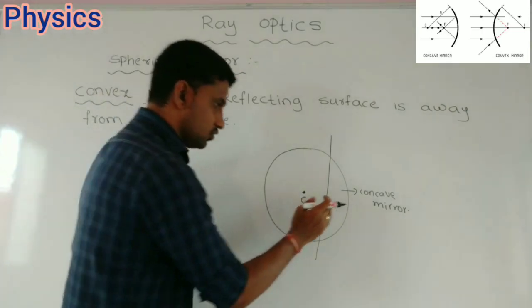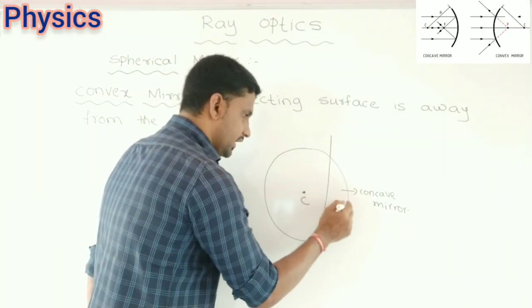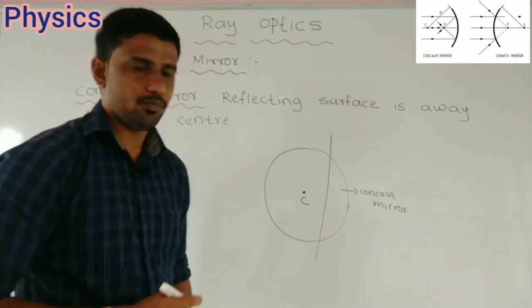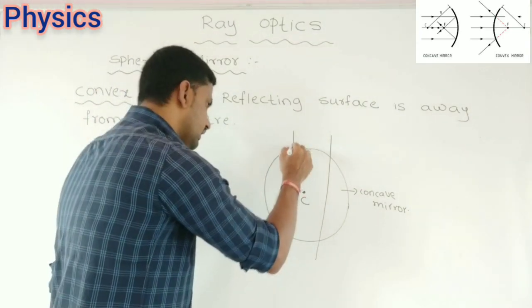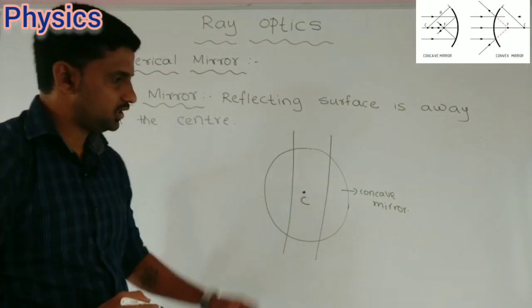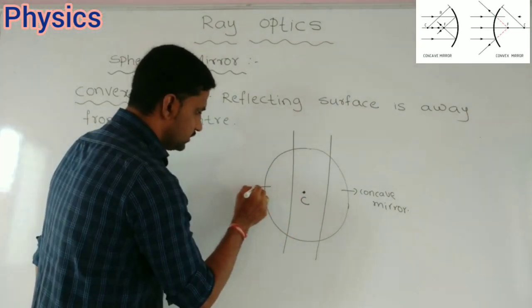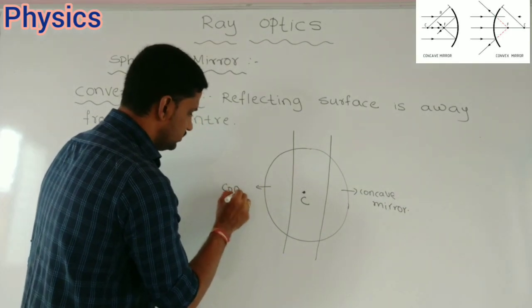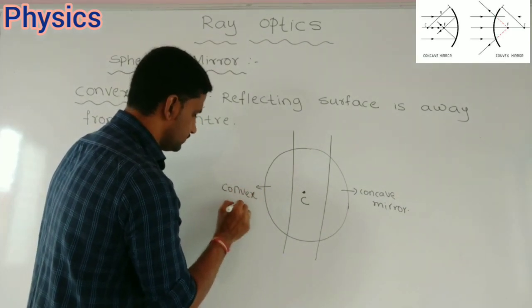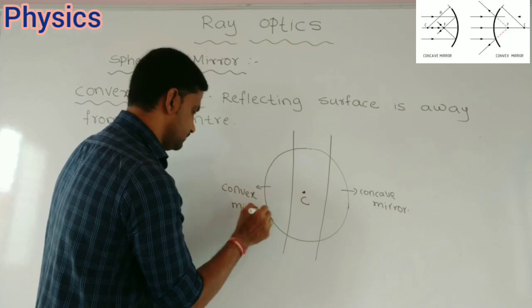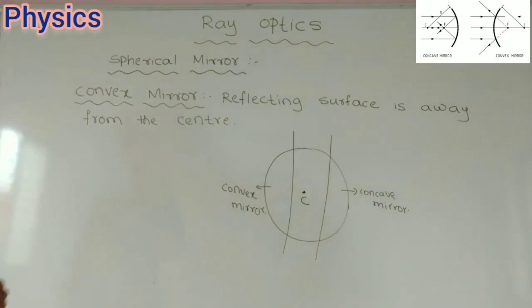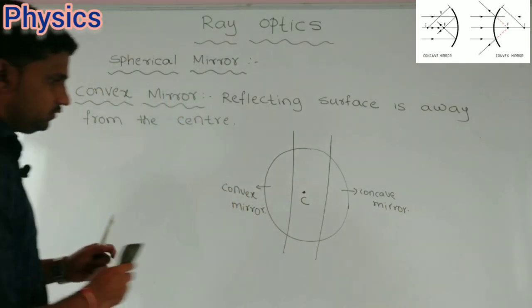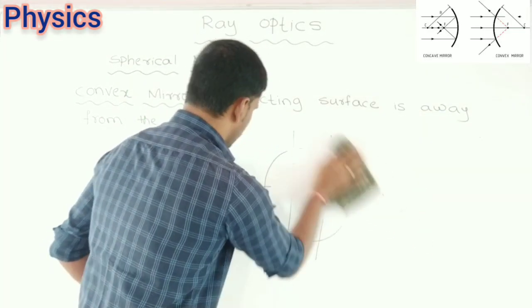This one is the reflecting surface, and the other surface is opaque. Suppose I take this part, then this is considered a convex mirror. So if I separate this one, I will get the convex mirror